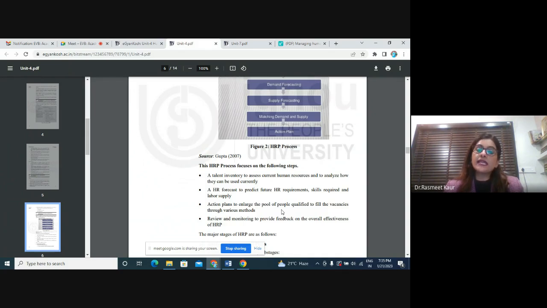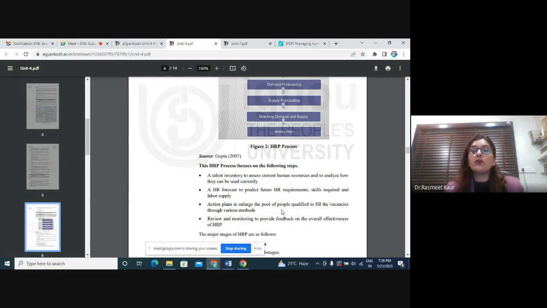Once you have an understanding about the demand, you know whether it is going to be demanded in future in that industry, your competitors have started hiring them, and what is the supply of HR which is available. You will try to match the demand and supply by coming up with different policies, different ways. So certain action plans are made, that you might be looking for internal supply of HR. If you can promote them, you can give the higher ranks to them, jobs to them in the organization, so you don't have to look for HR outside the organization.